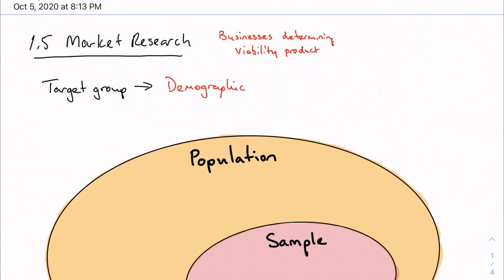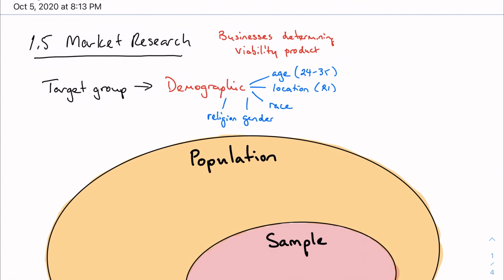Demographics can be any sort of label on the population, right? This could be based on age, right? I could look at people that are maybe 24 to 35. This could be by location. Maybe I just want to survey people in Rhode Island, or in New England. This could be by race or ethnicity. This could be by gender. This could be by religion. Maybe I just want to survey Catholics. Maybe I just want to survey non-Catholics. Right? Any sort of thing.